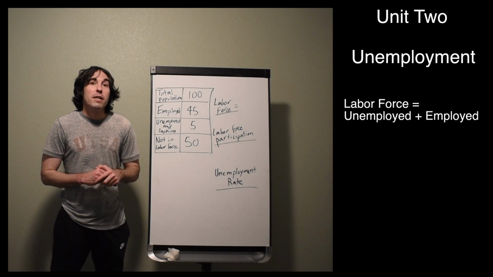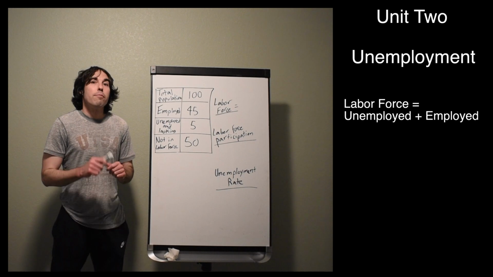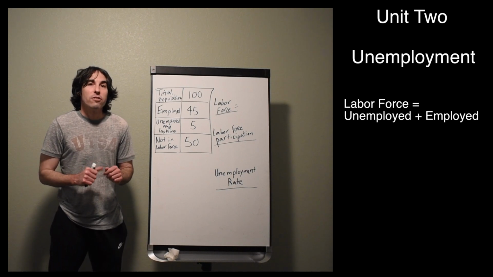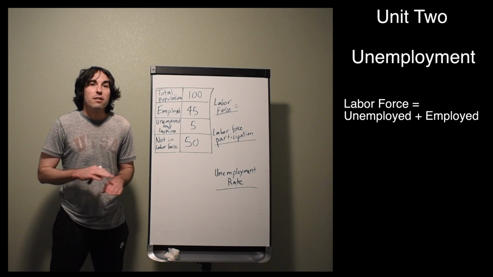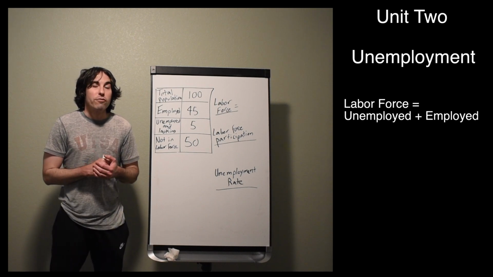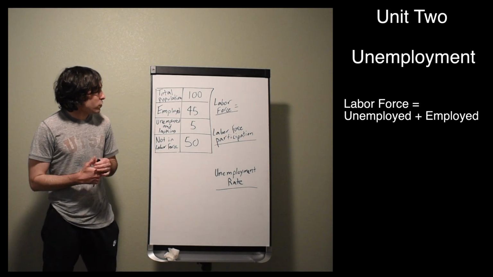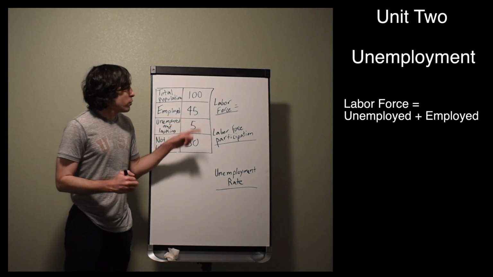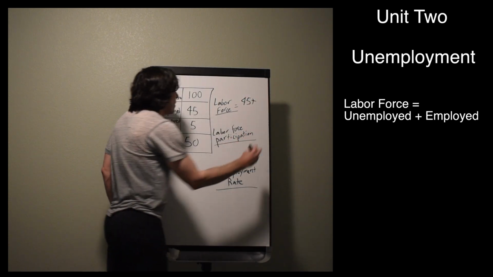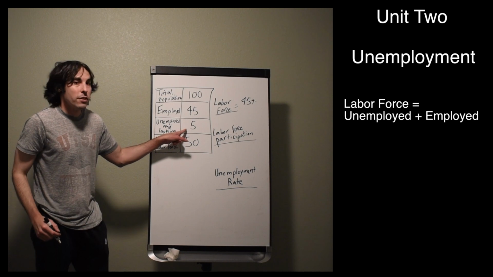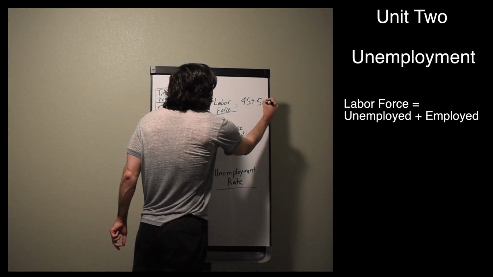Remember, the labor force is made up of 2 parts. It's going to be people that are employed, those that currently have a job, and people that are unemployed and looking for a job. Remember, if you are not looking for a job, you do not count as being unemployed. At best, you're a discouraged worker if you looked for a job so long that you gave up looking. So we're going to calculate this real quick. We're going to take our employed people, 45 people in this country have a job, and we're going to add to that the unemployed and looking, the people that don't have a job but are currently trying to get a